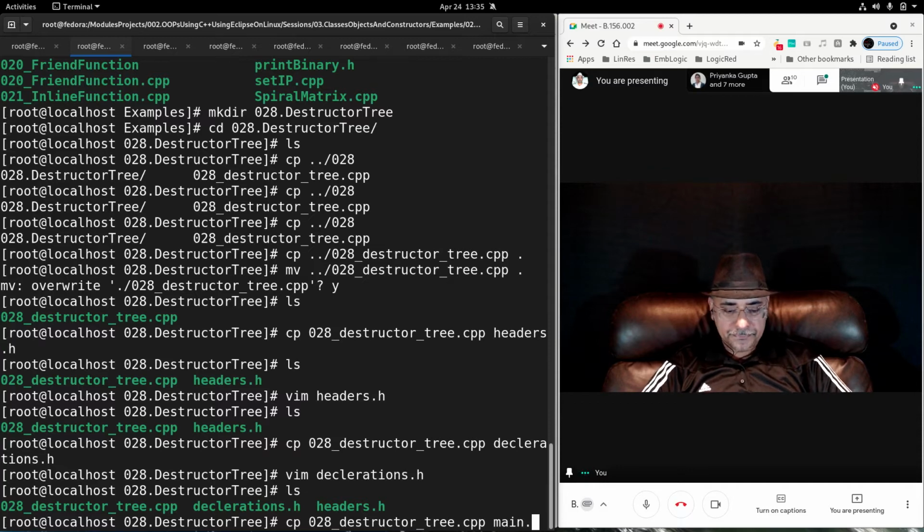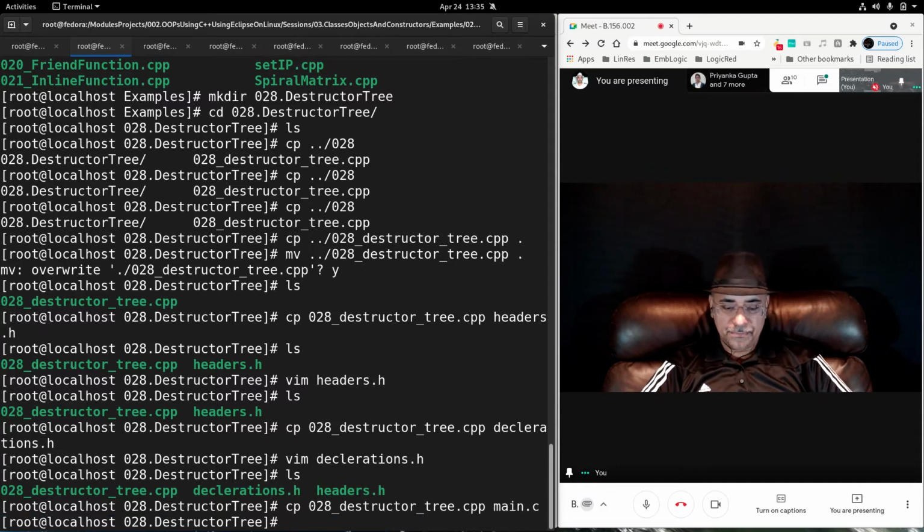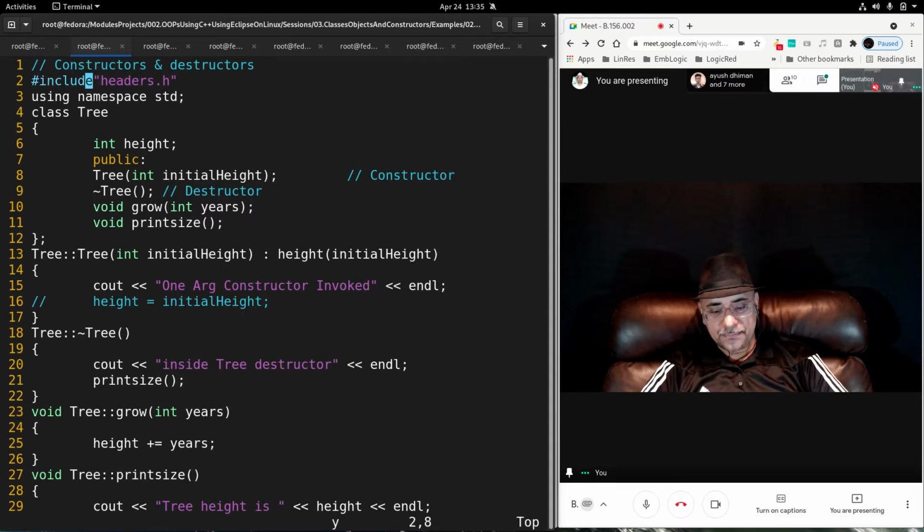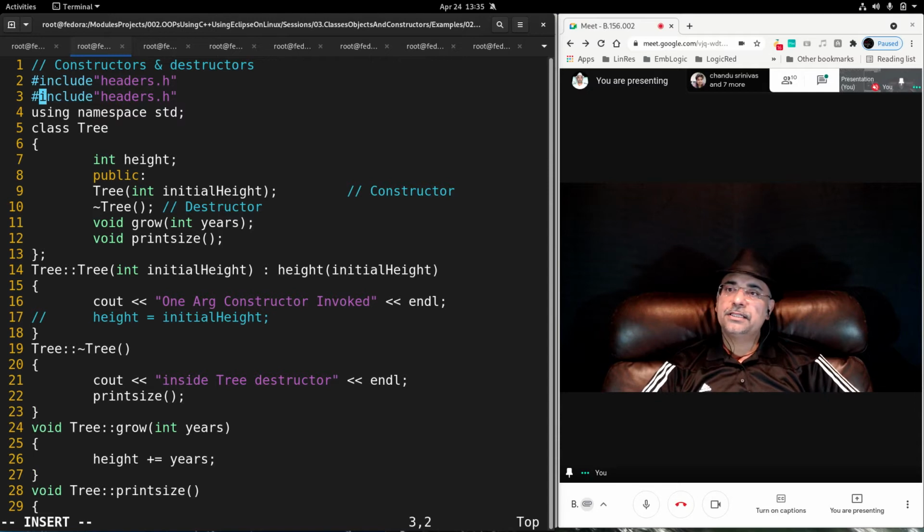Then main.c, main function. In main function we will include both the header files that we have created just now, headers.h and declarations.h.